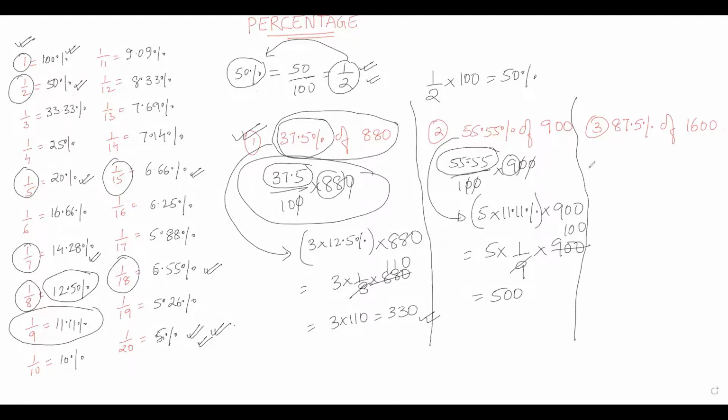Let us try to see one more example. I want to find 87.5% of the number 1600. So one way, again, is 87.5 upon 100 times 1600. So we can multiply and we can get the answer. Else, 87.5% can be written as 100% minus 12.5% of 1600. Why am I writing it in terms of 12.5%? Because I know the equivalent fraction conversion of 12.5%. So this 100% can be written as 1, and 12.5% can be written as 1 by 8, and this would be 1600. So 1 minus 1 by 8 will give us 7 by 8 times 1600, and this would be 200, and 7 times 200 will give us 1400.